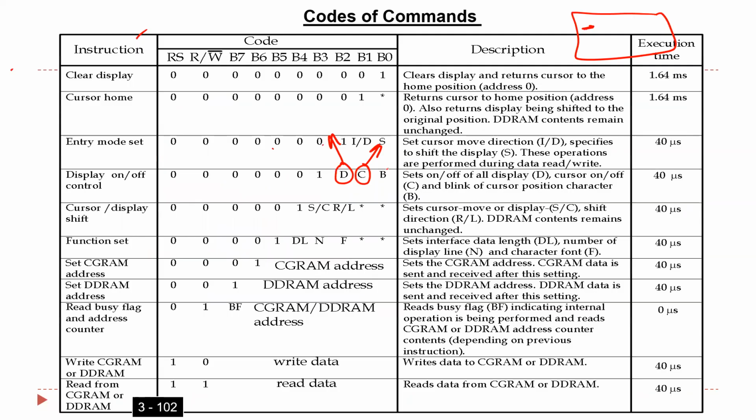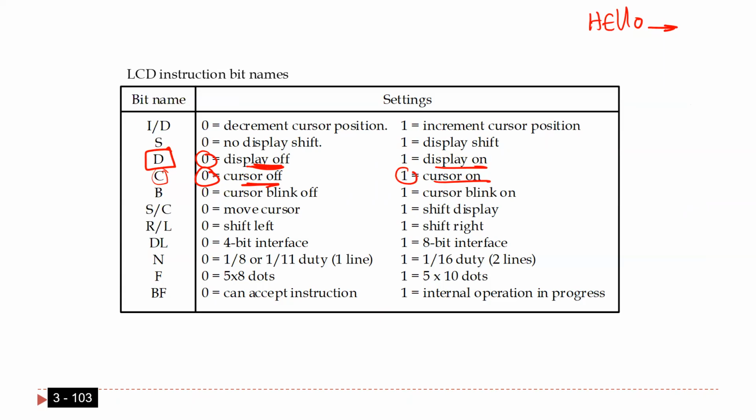B here, this one can determine if the cursor is on, do you want the cursor to be stable or you want it to be blinking, this bit. Okay, guys? Okay, we're going to use this command in the next step. How we're going to use it next lab? Actually,